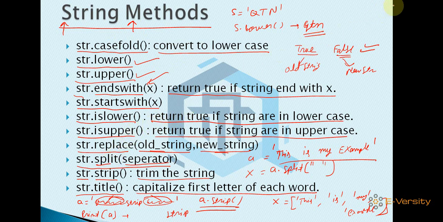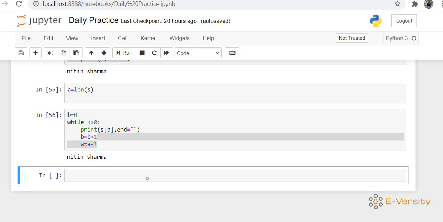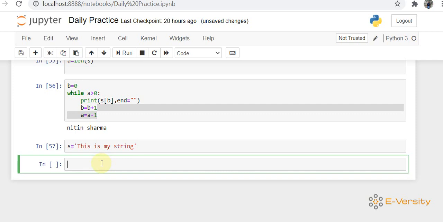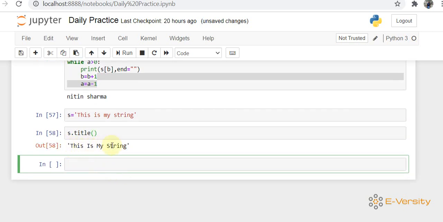Okay, I'll show some functions practically. I am taking a string: s is equal to this is my string. One by one, s.capitalize, so you can see the first letter is capital.